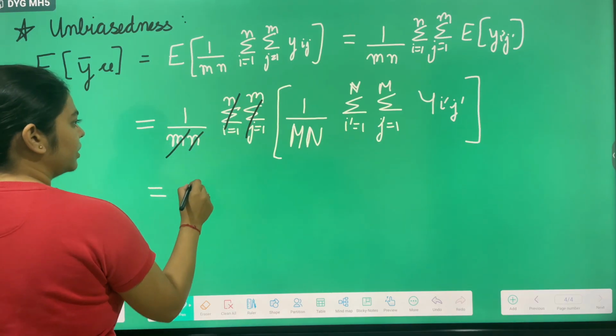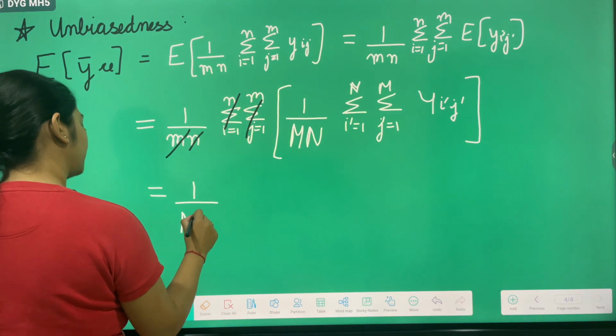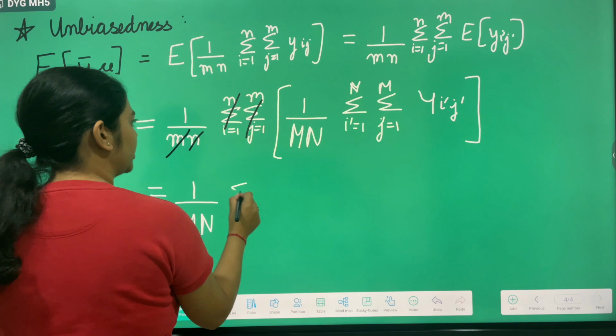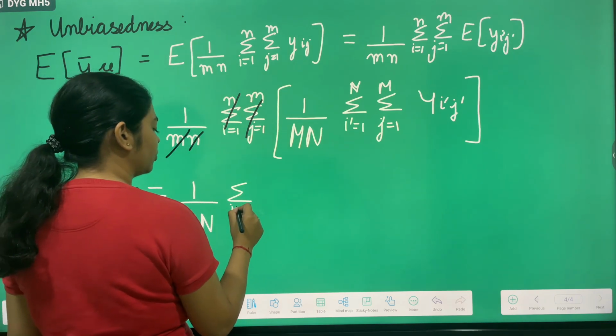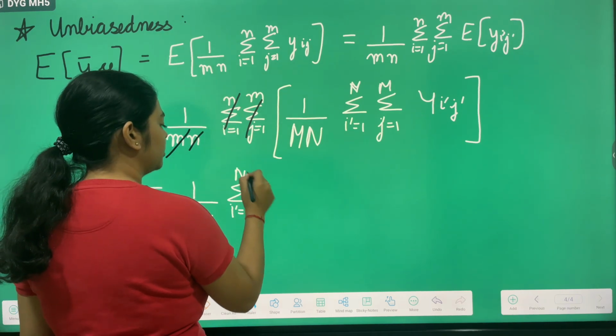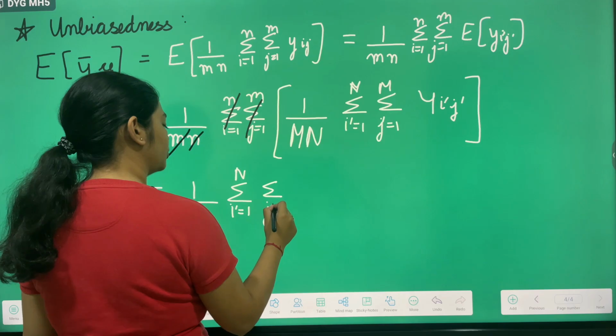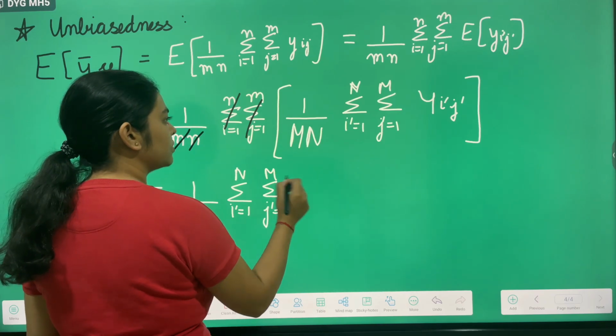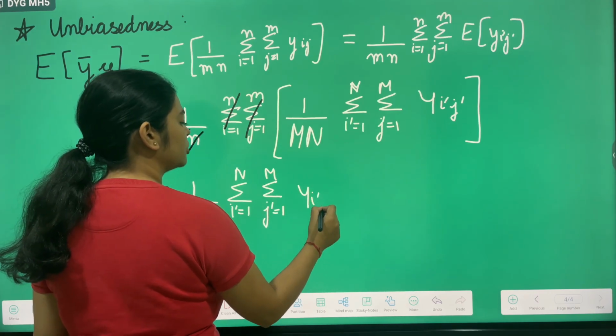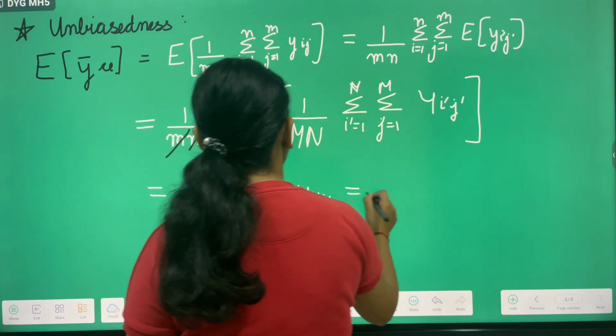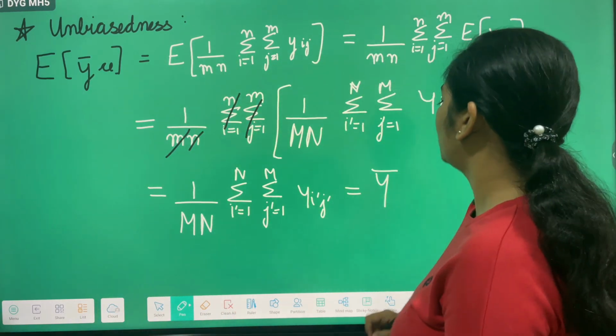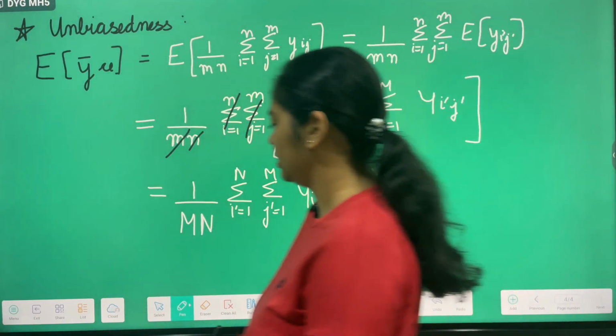So we are left with 1 upon MN, summation i' goes from 1 to N, summation j' goes from 1 to M, y_i'j', which is nothing but the formula for our population mean. Hence we can say that